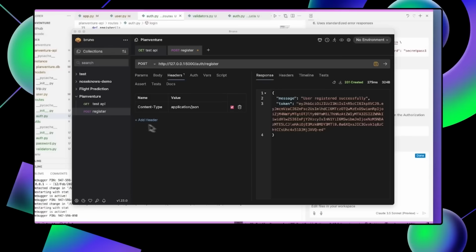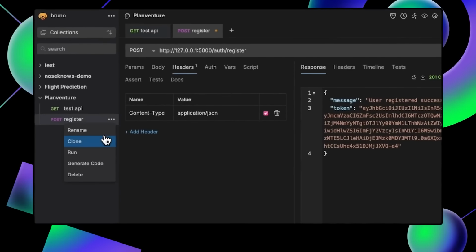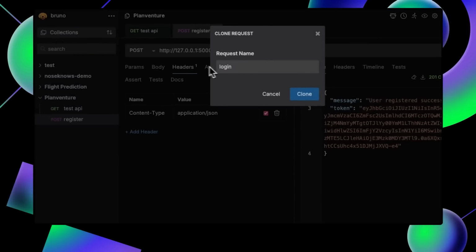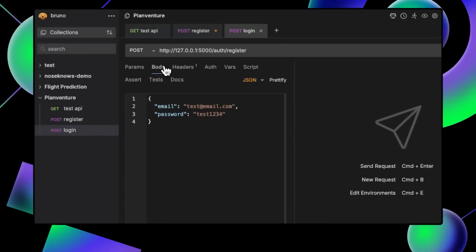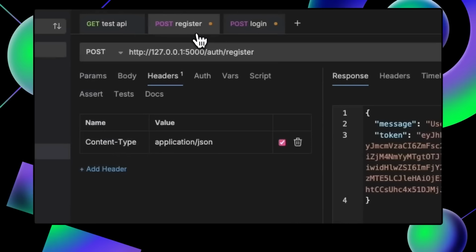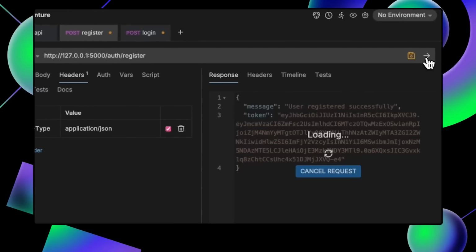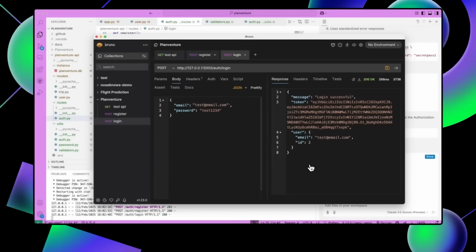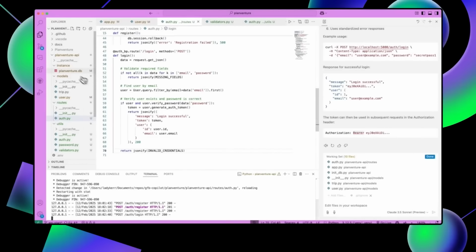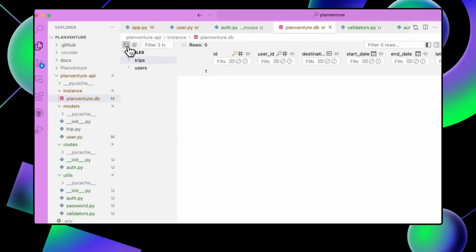Okay, now it's time to test the route in Bruno. So I'm going to add a JSON body with the user email and password that we've already previously registered. I'm also going to add the content type header with application/JSON again. Let's make it a post request and hit send. Nice. So it looks like our login route is working and our user is able to register and log in